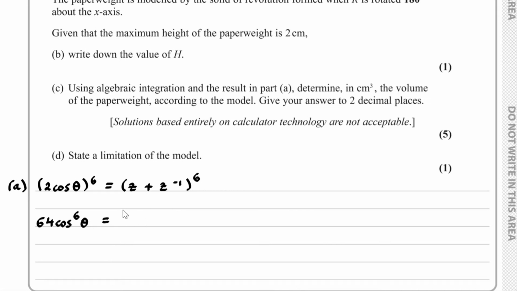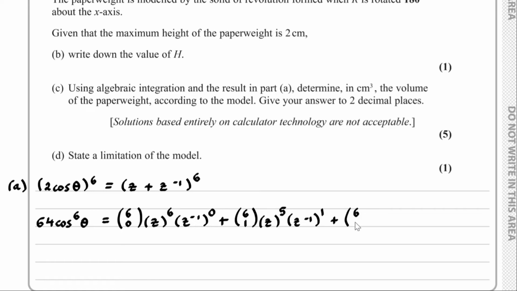And on the right hand side, we have to use the binomial expansion. I've got 6 choose 0, z to the 6 times z to the minus 1 to the 0, plus 6 choose 1, z to the 5 times z to the minus 1 to the 1, plus 6 choose 2, z to the 4, z to the minus 1 squared, and then I have 6 choose 3, z to the power of 3 times z to the minus 1 to the power of 3,